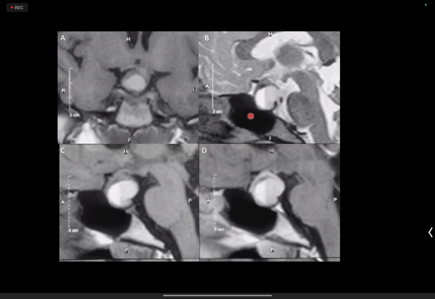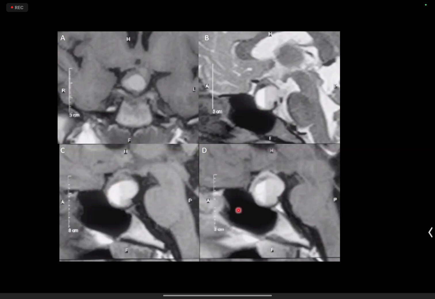Ma'am, on T1 and T2 sagittal and coronal images, there is a hyperintense sellar and suprasellar lesion, which is pushing the optic chiasma upwards, not causing significant widening of the sella, and there appears to be a fluid level with non-dependent T1 hyperintense signal. Yes. So that is the fatty component.